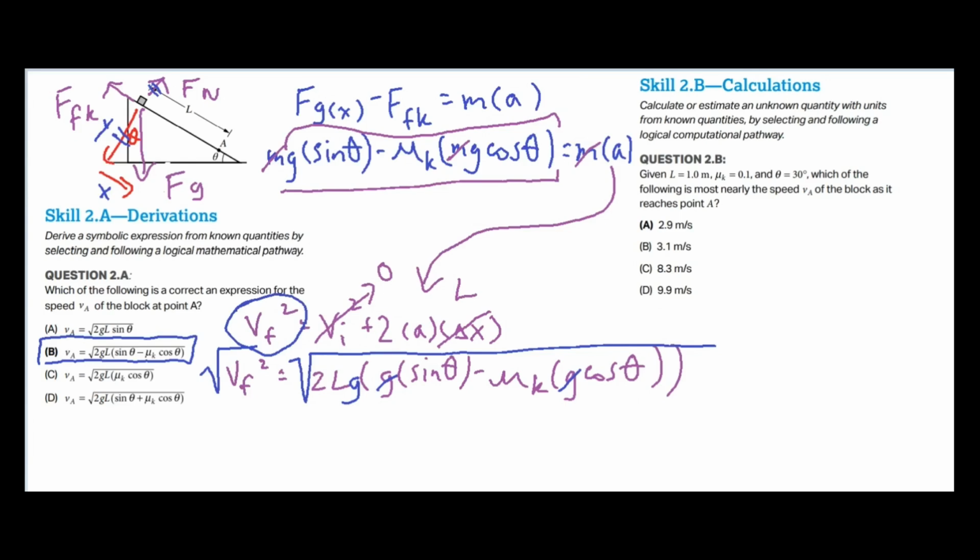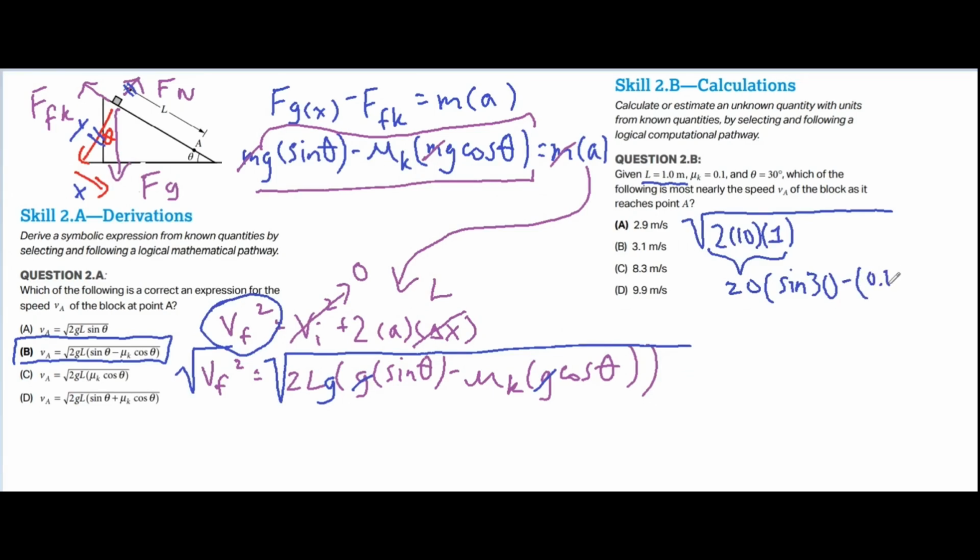and put in 2. And then for g, we're going to use the rounded value of 10 times L, which they told us is 1 right over here. So this whole chunk is just 20. Okay, and then we're going to multiply that by sine theta, sine of 30, minus this whole chunk of mu k cosine theta. So mu